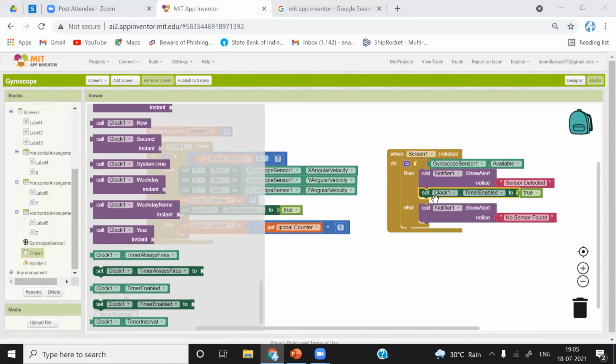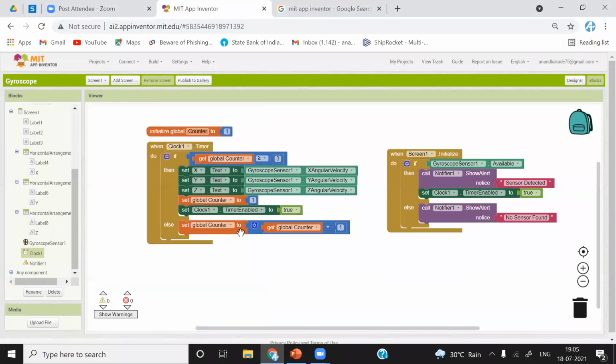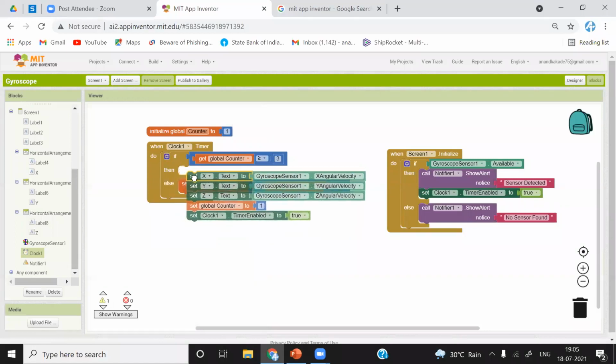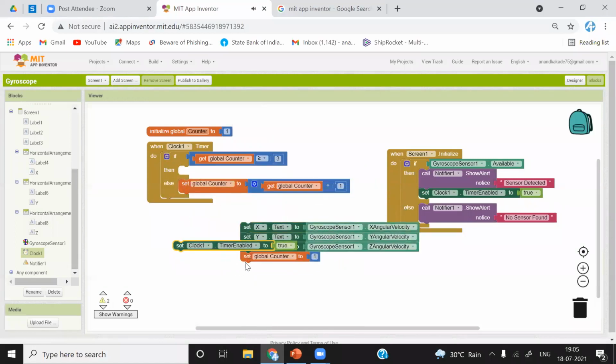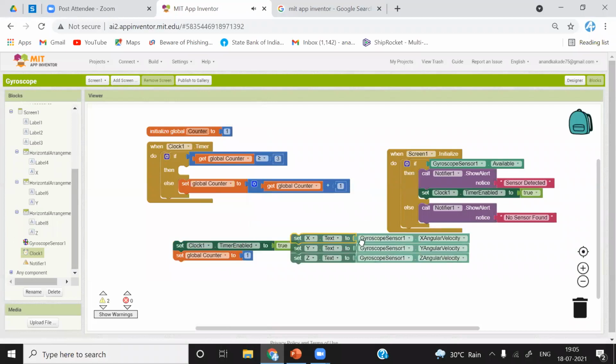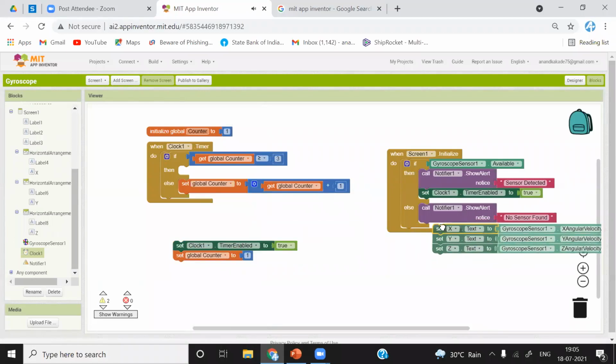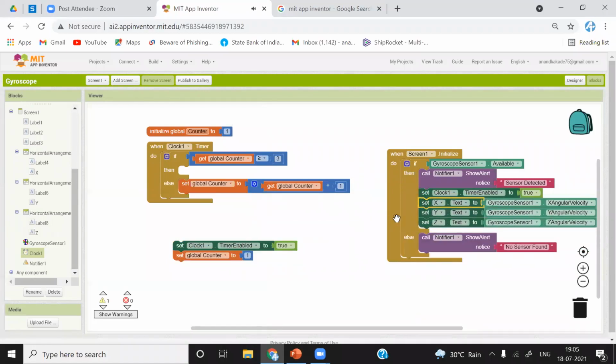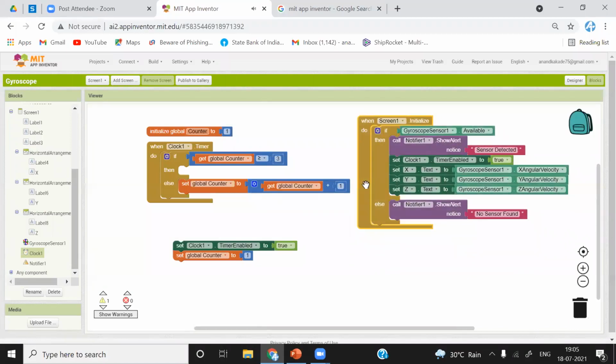Timer is needed to generate the delay. If we do not put this timer to generate the delay, the gyroscope values change so fast that you are not able to observe the changes. If I directly put this block of code whenever the screen starts, or here in the sensor present section, the changes are so rapid that you are not able to see the numbers clearly.